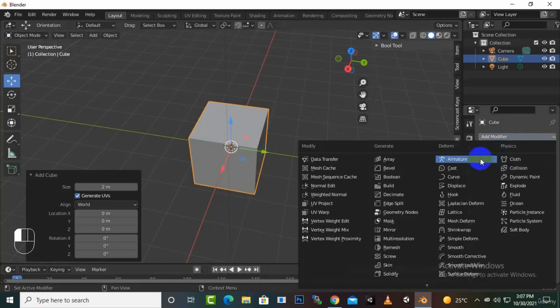Similarly, we have some other modifiers as well, but we will not explain every modifier, but the most commonly used